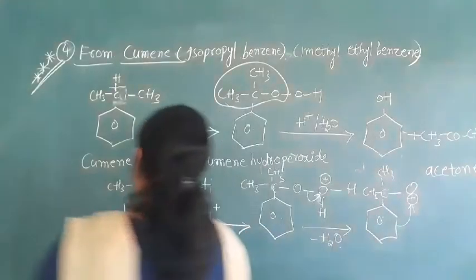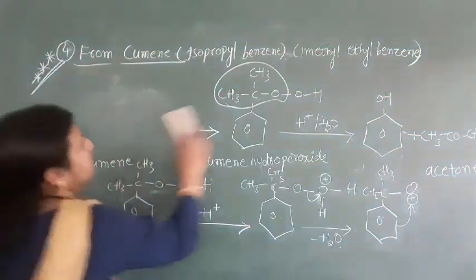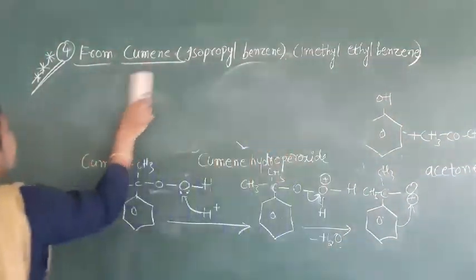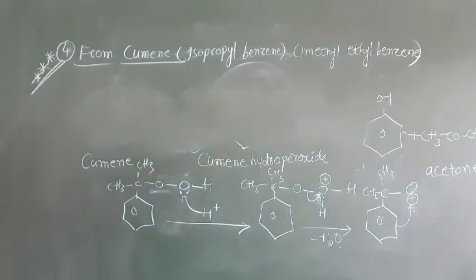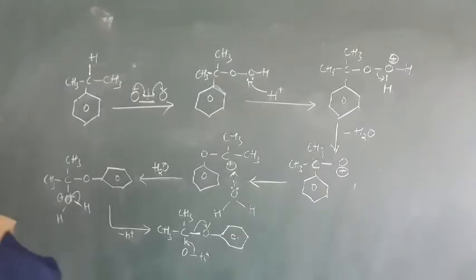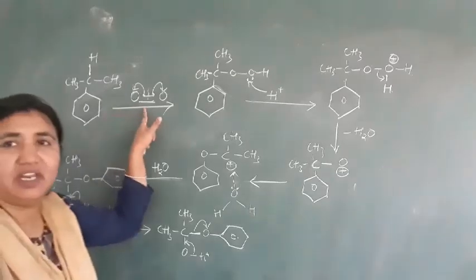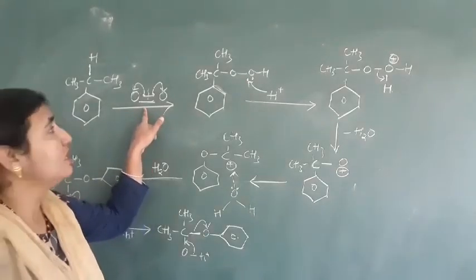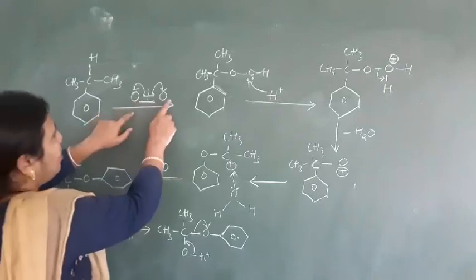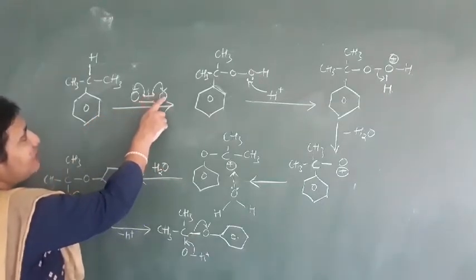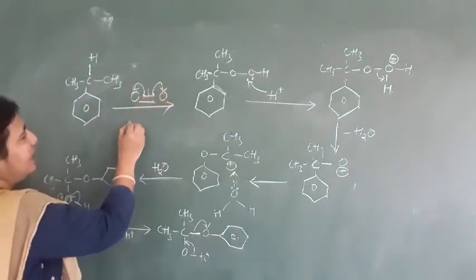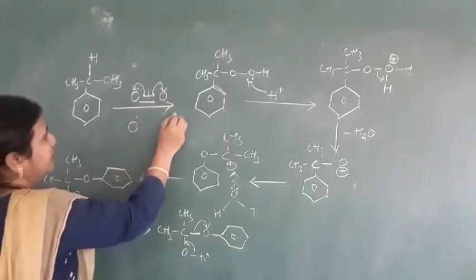So when this phenyl group shifts to this oxygen, please see the mechanism here, how this reaction takes place. We have taken oxygen here. For oxidation, in the O double bond O, one bond will break and we will get a free radical here. So this is one free radical we will get.